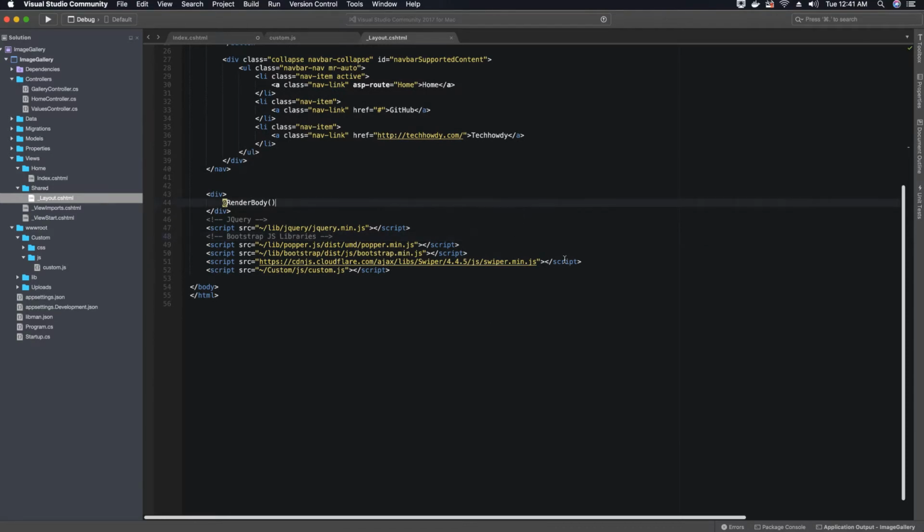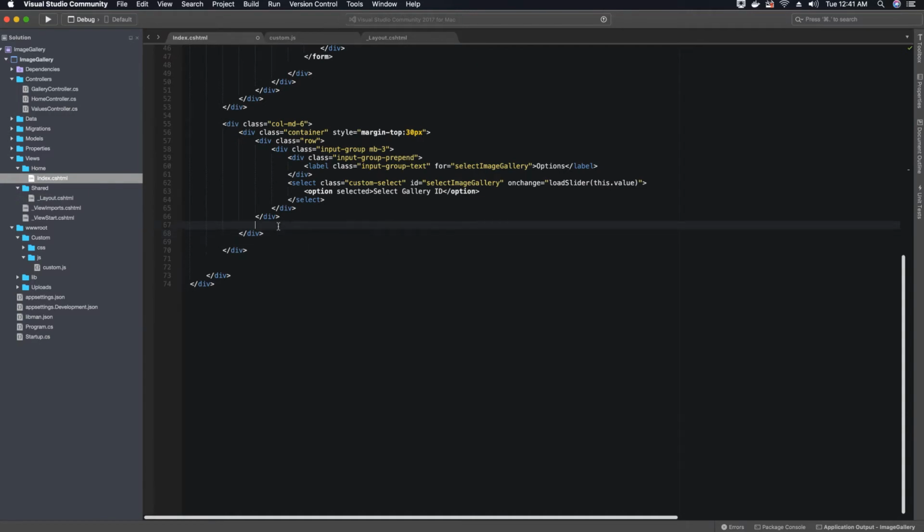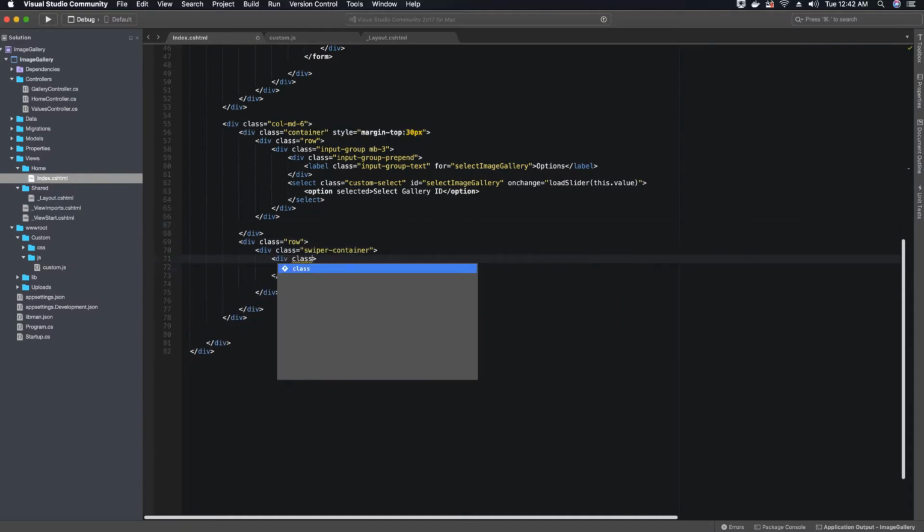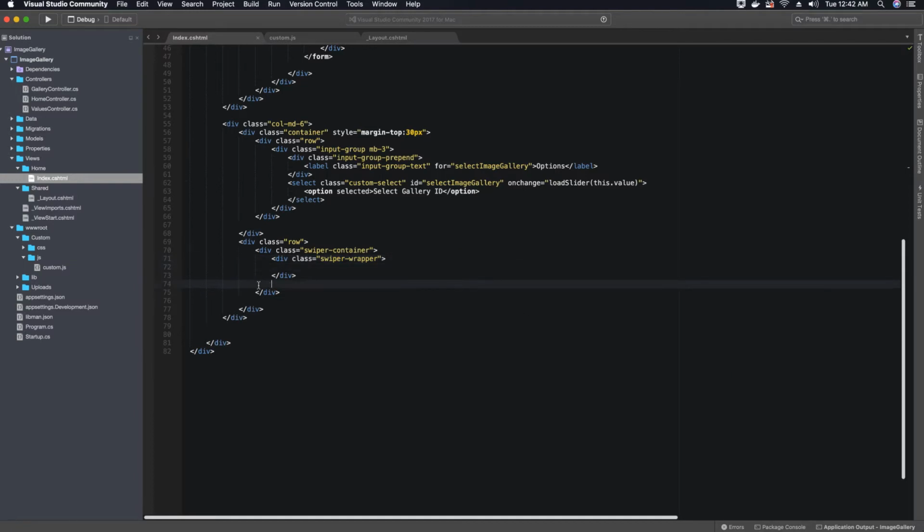So now we have a layout file set up. So let's go to our index.html and start coding our Bootstrap code. We will create the code necessary for loading our Swiper API slider. So let's do that. So we have added a row just below the row that was existing, which just loaded our drop down option. And then within this new row, we have created two classes. One class with the class name of